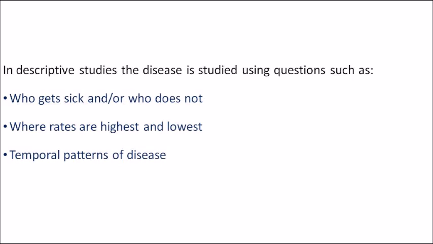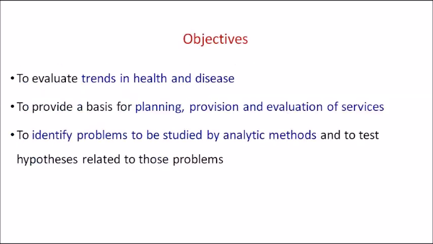This is a very simple example of a descriptive study. We are not intervening in anything, we are just finding the prevalence, the amount of that disease occurring in that particular community, and what is the difference in the trends of that disease among the variable of interest, and we are just finding the highest and the lowest rates. That is what we are doing in descriptive epidemiology. Clear? So let's see what the objectives are.